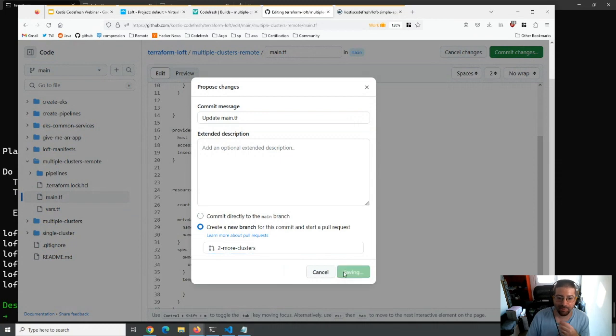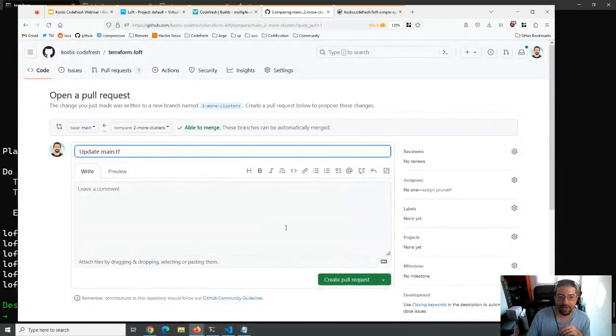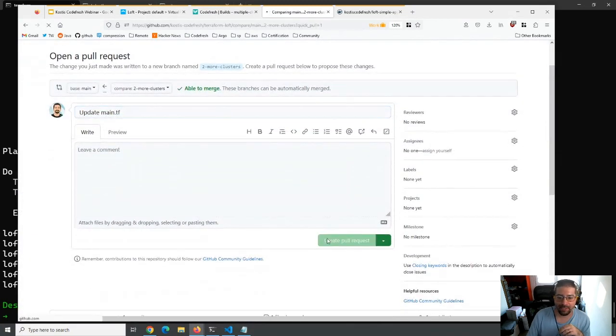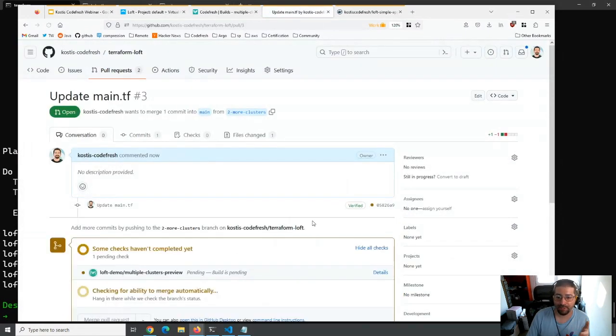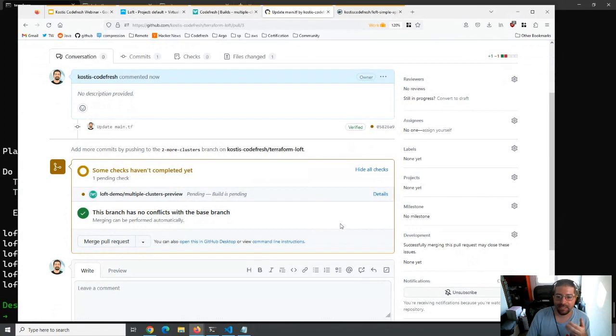2 more clusters, proposed change. So I have now created a pull request, and then you can follow the workflow that you have in your company for your pull request. So maybe, in your team, somebody needs to approve changes in infrastructure. So you can assign this to your team lead or the other team and say,